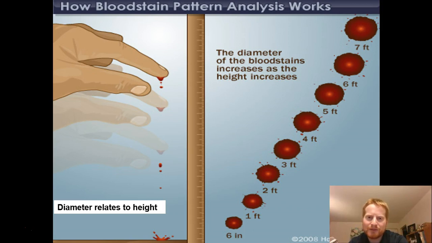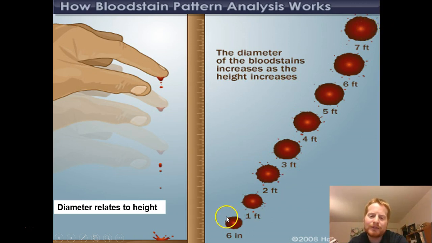So when blood smashes into the ground from a lower height, it's not going to be smashing and then trying to spread out as much, versus blood that's dropped from as high as 7 feet. That acceleration gain is going to cause it to be more likely to put some more force on that cohesion where the blood sticks to itself and cause it to spread more, and also cause, if you notice the pattern